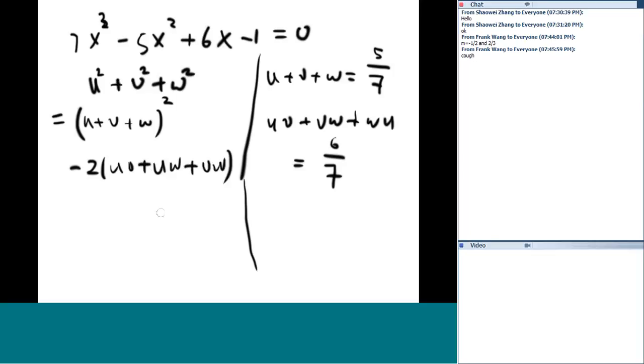Then just plug in: 5 over 7 squared minus 2 times 36 over 49. There is no square here. There you go. So whatever this number is, 25 minus